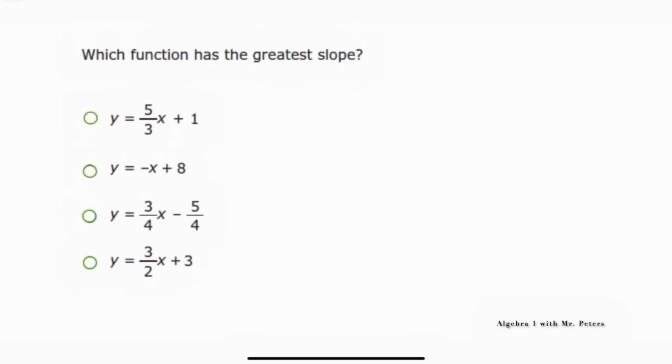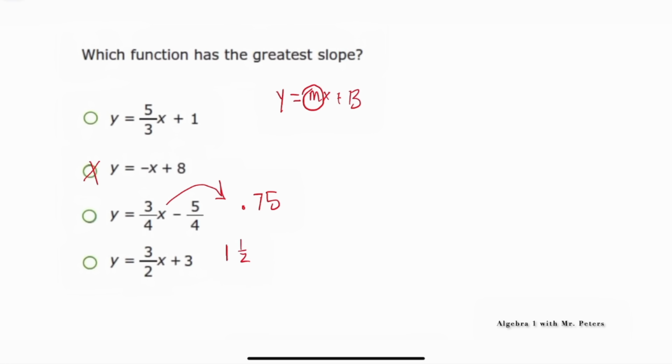Problem number 16 is asking us which function has the greatest slope. So we know we're in y is equal to mx plus b form. So we're saying which m is the largest. We know it's not answer choice B because that's negative. Answer choice C, that's 0.75. Answer choice D, this is